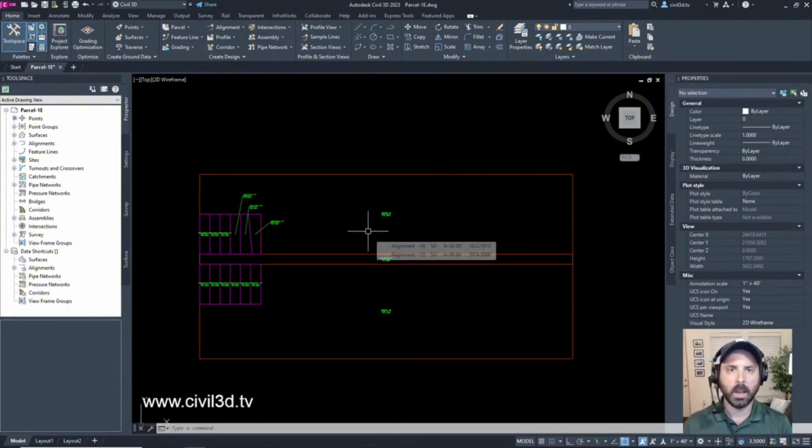So yeah, I think we're coming up on an hour of just messing around with parcels, trying to get the most out of the program as we can. Hopefully a lot of the items that were brought up within the chat help you within your career. But what I would really suggest as a designer, if you're just out of college, maybe you're an engineer in training, and maybe some of your education in college wasn't within Civil 3D, and you're having to learn it now within your job.